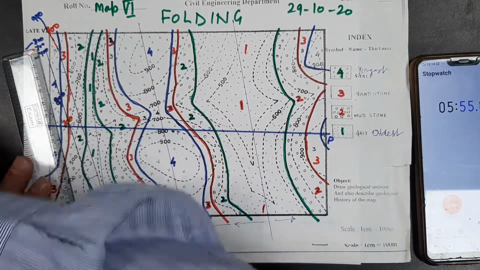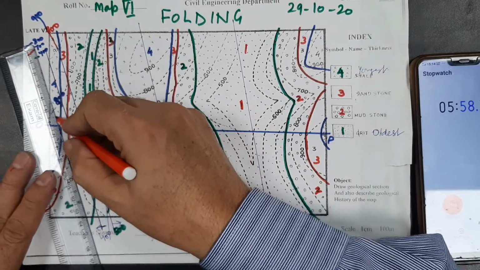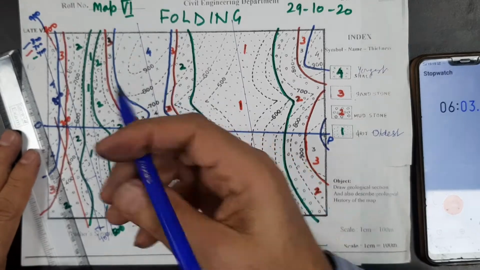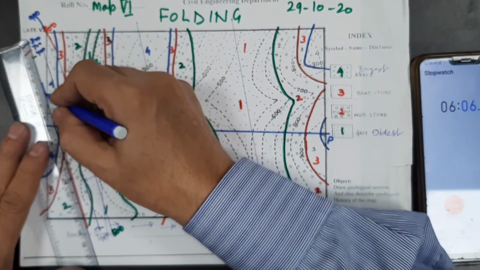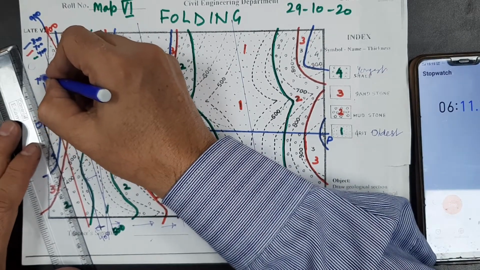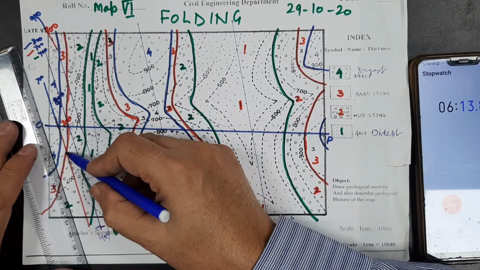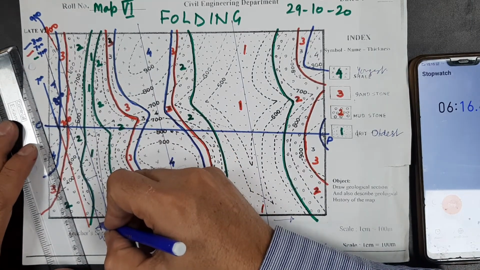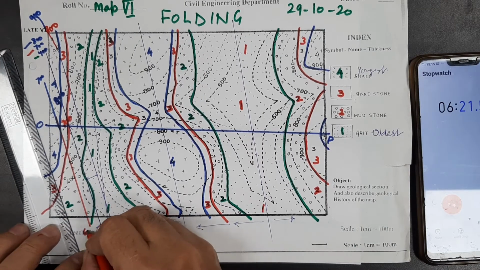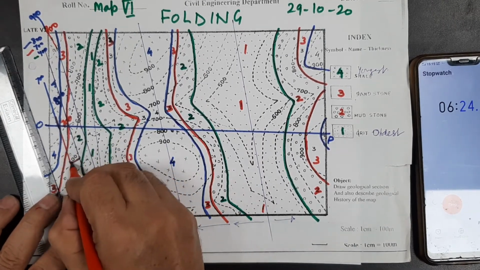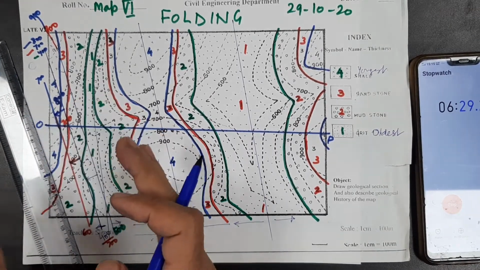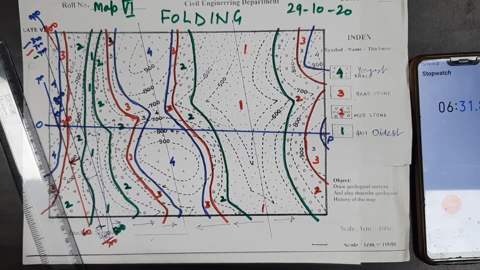I have already got a 700. I will draw one more of 600. Similarly for the blue contact I have already got 800. This 700 can be used as 700, and here this is 600. This is 700 for the red color, this is 600. What I want to show you is that the angle of dip is this, and in this case the angle of dip is this. All contacts are dipping towards your left hand side.